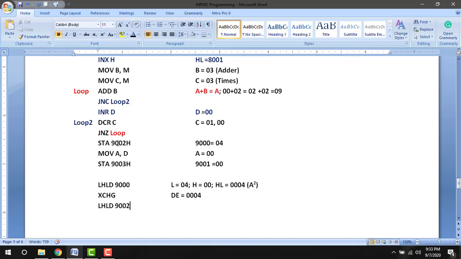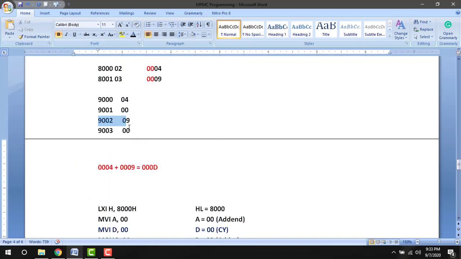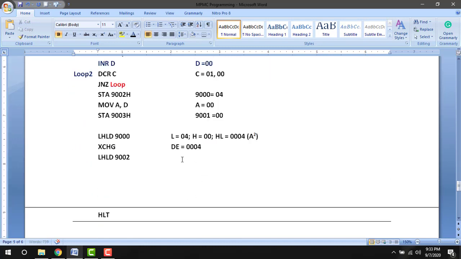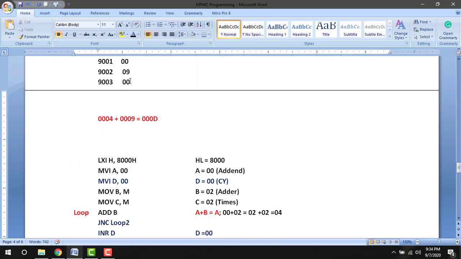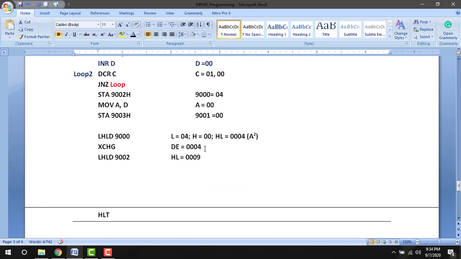So 9002 and 9003 we have the data 0009. So after this HL pair will become 0009. So I have A square in DE pair and I have the B square in HL pair.